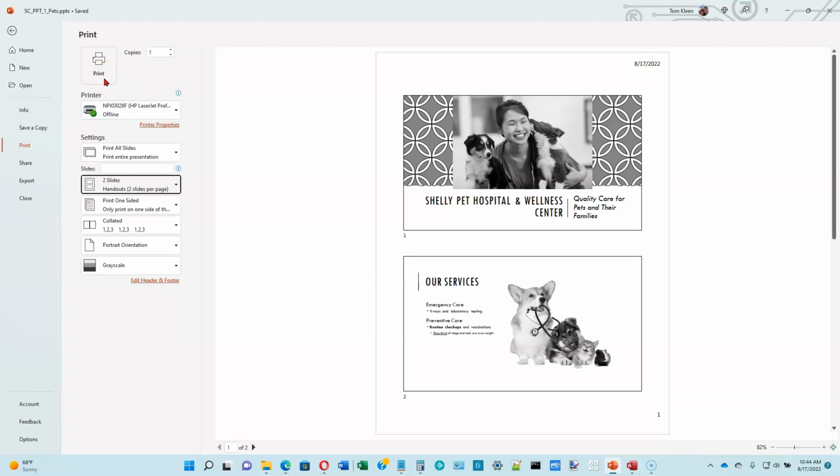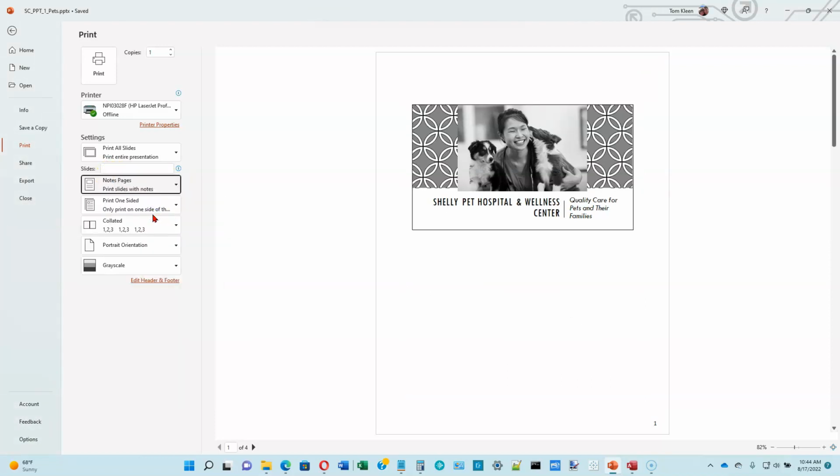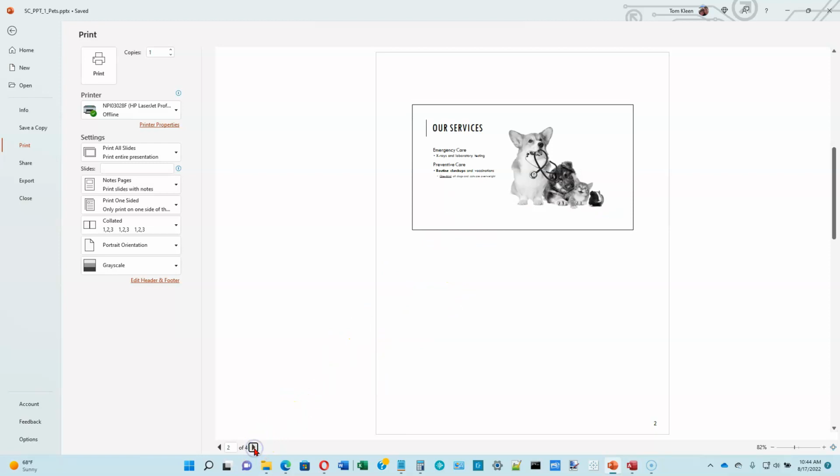The next option, flip over to page 1-62. We're going to print speaker notes. So let's go down to this button here that's now labeled 2 slides. Let's click on the down arrow and choose notes pages. If you choose notes pages, you're back to 1 page per slide. I don't have any notes on slide number 1 here or slide number 2,